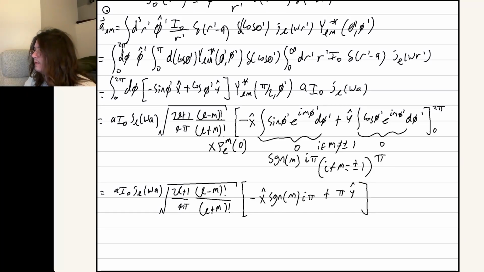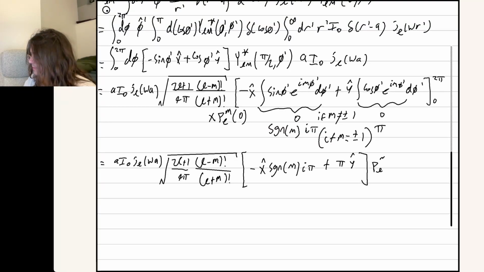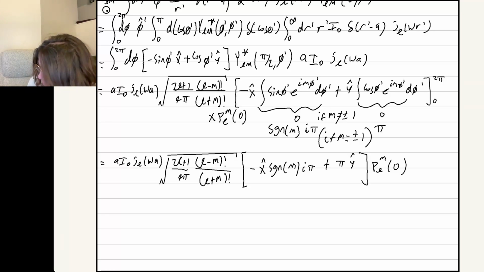All right, those are all of our integrals done, and also multiplied by the associated spherical harmonic, or associated Legendre polynomial, I mean. So I am going to recombine now